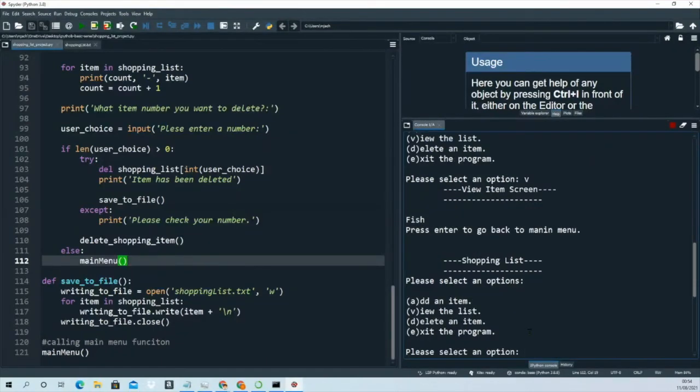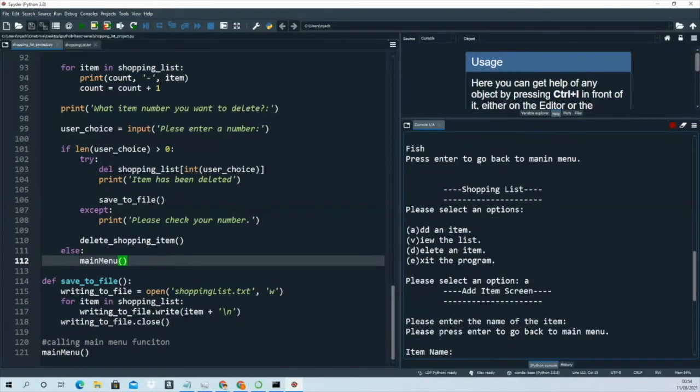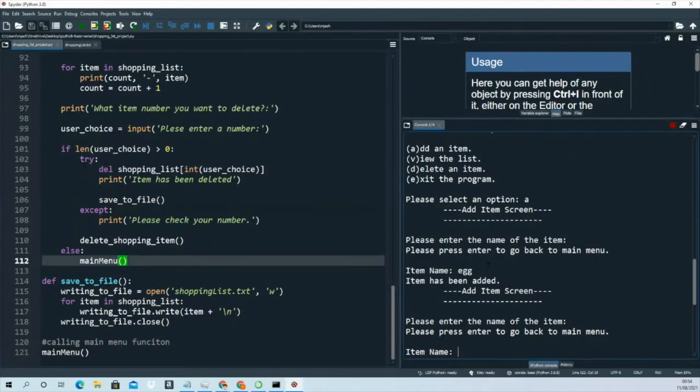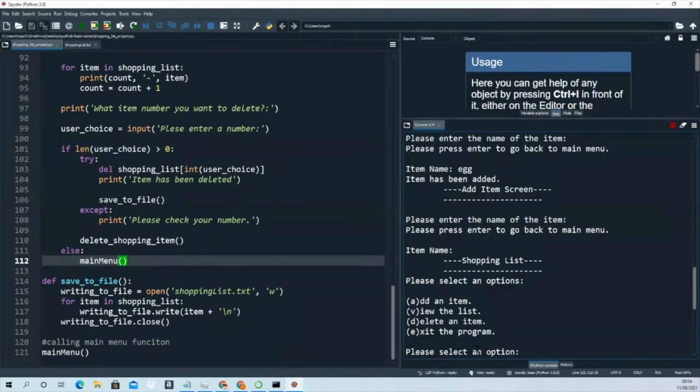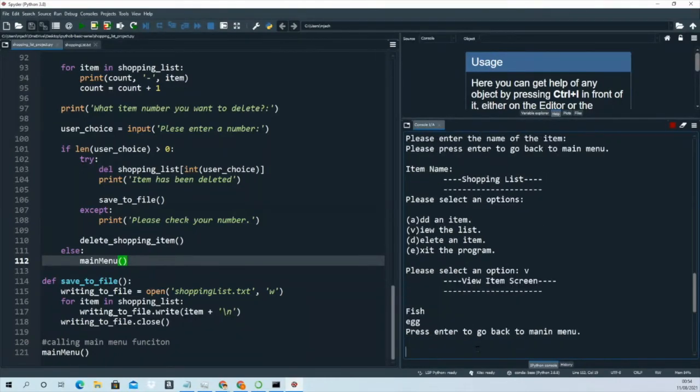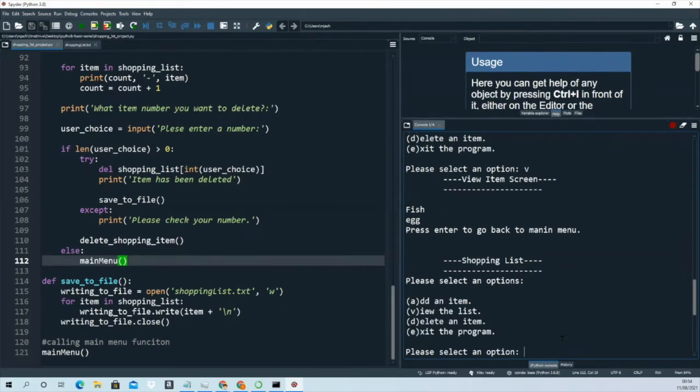And let's say you want to add one more item, so add item, like eggs. Eggs item has been added, so let's see the view. We want to go back to the main menu, so you go to the view screen. You see there's a fish and eggs. So you want to go back to the main menu, enter. So you want to delete, let's say you press delete. So it's saying,